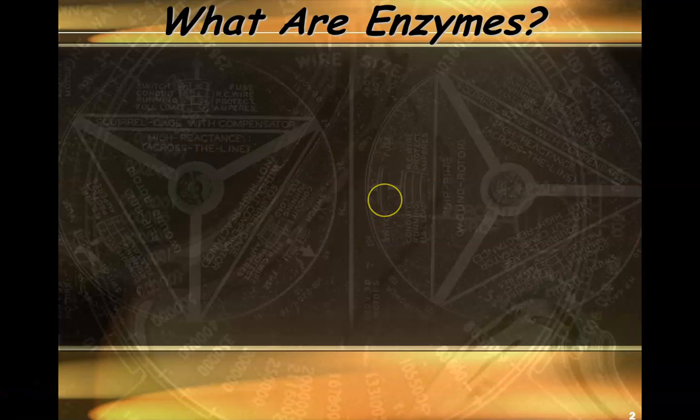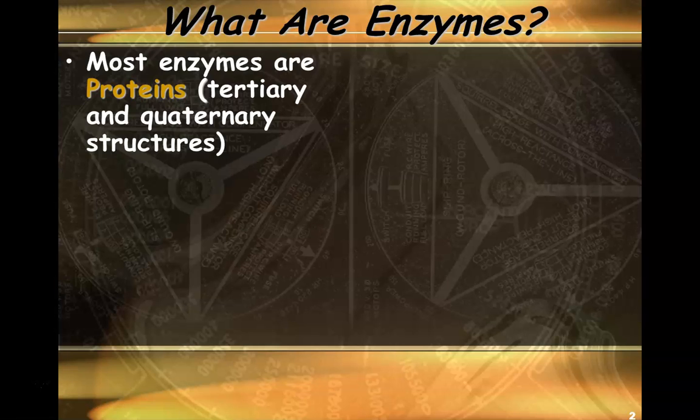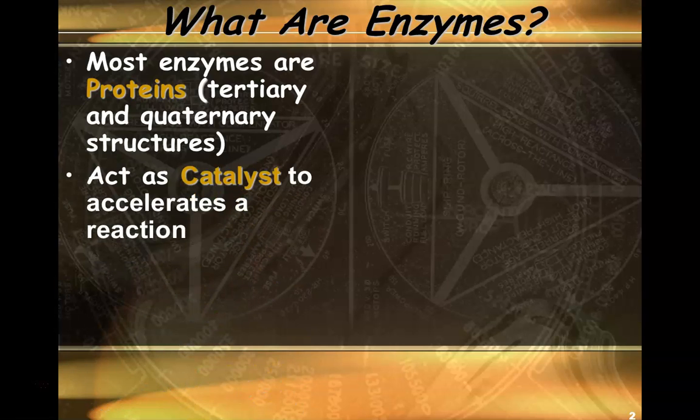Alright, so the first thing we're going to go through here is what an enzyme actually is. And the most important thing you need to recognize in terms of enzymes is that they are mostly proteins. With proteins, we're going to talk about 2 major kinds, the first one being tertiary, the second one being a quaternary structure. If you think back to ecology, we talked about tertiary being that kind of top predator, the 3rd